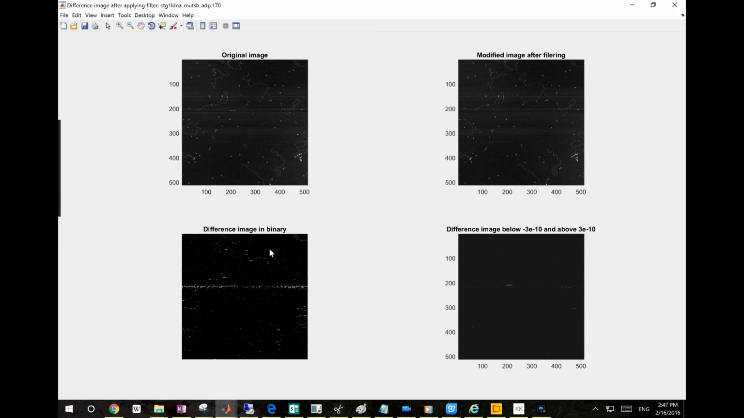You see 4 images here: the region image, the differential image in binary form, which means